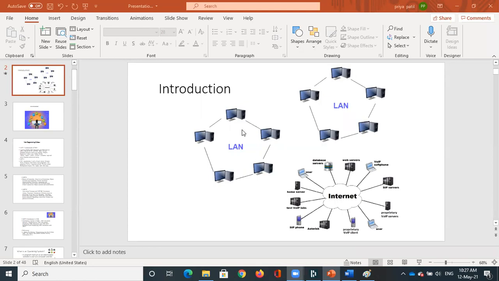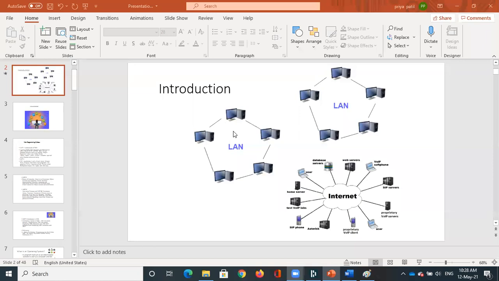To be connected in a network, it is not mandatory that we should have an internet connection. Suppose these 5 computers are connected. Even without the internet connection, they can share the information or share the resources.